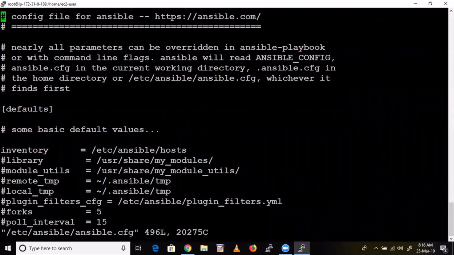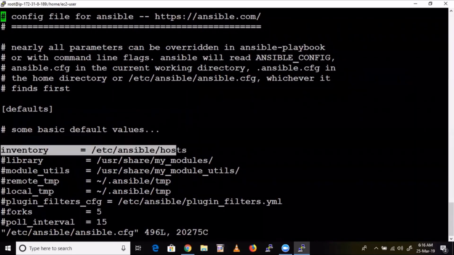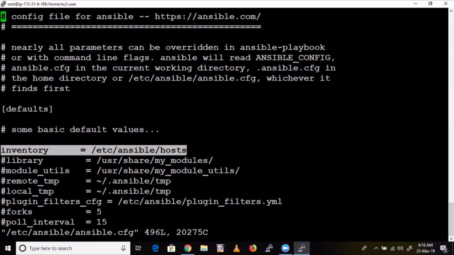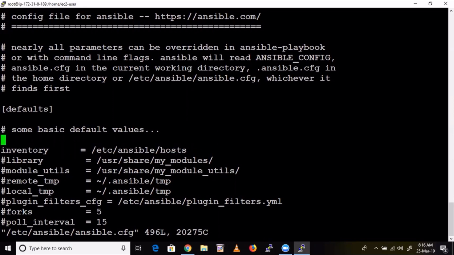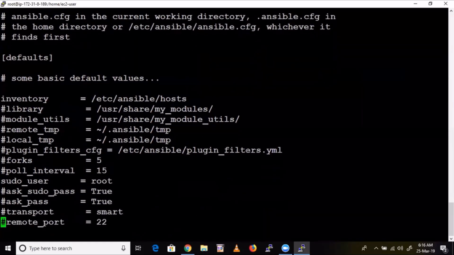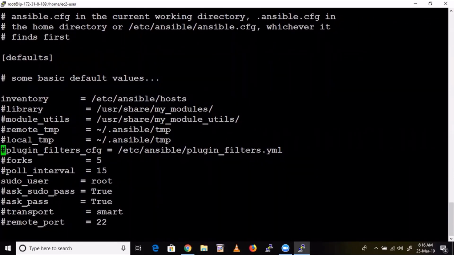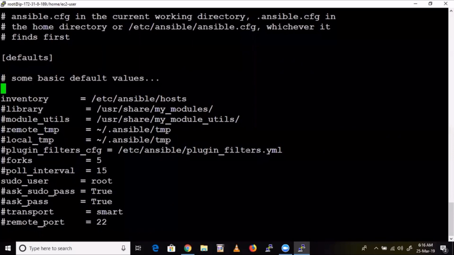Let me open this main configuration file. We unlocked the inventory file in our last class. If you unlock this inventory file, only then does the Ansible configuration start reading it. We have unlocked this file, so from now on the inventory file comes into effect. We have also given sudo_user equal to root. Now you can give the list of hosts in this inventory file.